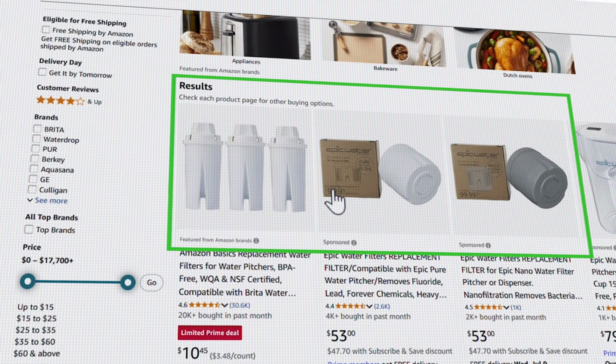Product targeting means you're asking Amazon to show your ads on other products' listings rather than in search results. This can be your competitors' listings or your own other products' listings. And unlike keyword targeting, which is available only in sponsored products and sponsored brand ad types, product targeting is available